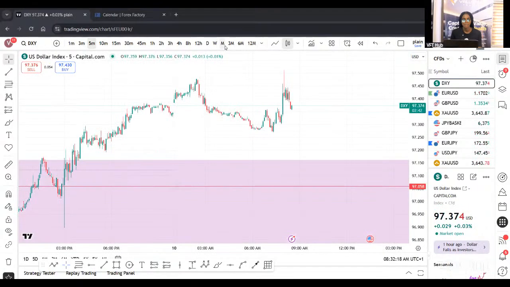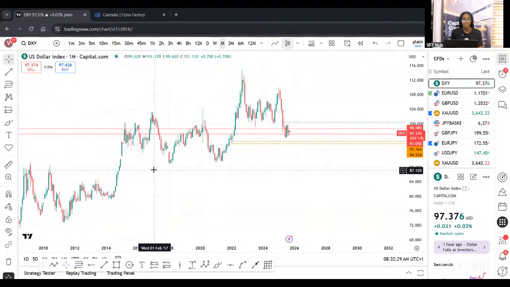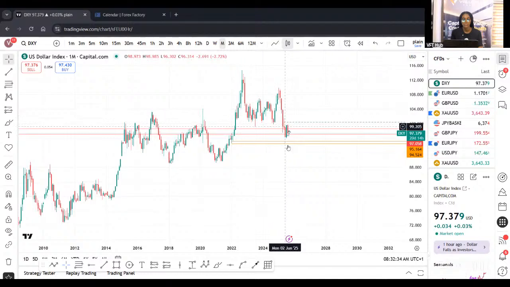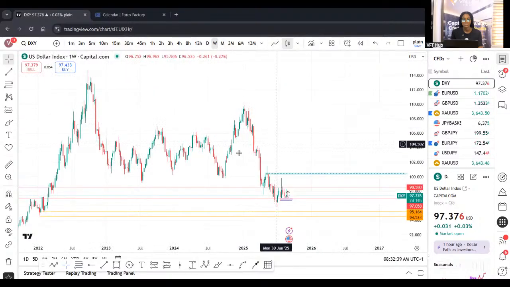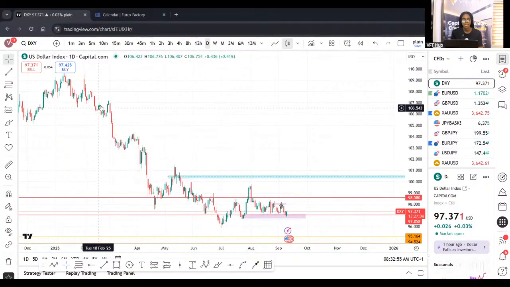For the sake of time, we will just start off with the analysis of today. On the monthly time frame for DXY, as seen right here, the market has been bullish for a period of time now, right? Ranged a bit, and then we saw a sweep of the liquidity to the downside. And coming down to the weekly time frame also, we've seen price breaking even lower, so a break of this low, and we're seeing even more push to the downside. Coming down to the daily time frame.